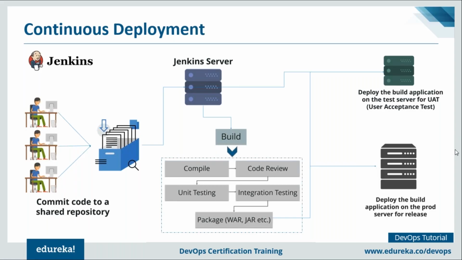Now we're going to talk about continuous deployment. So continuous deployment is basically taking the built application that you have tested and deploying that onto the prod servers for release in an automated fashion. So once the application is tested, it will automatically be deployed onto the prod servers for release. Now, this is not a good practice, as I've told you earlier as well, because there might be certain checks that you need to do in order to release your software in the market, or you might want to market your product before that. So there are a lot of things that you want to do before deploying your application.